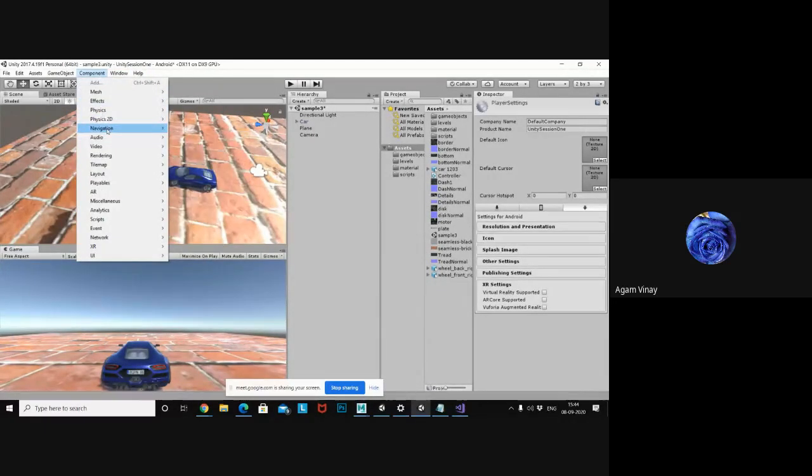So we need to import some model-supported libraries for HoloLens. So whenever you switch it to HoloLens, it automatically loads the related libraries. Okay.